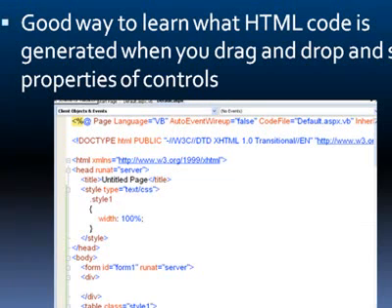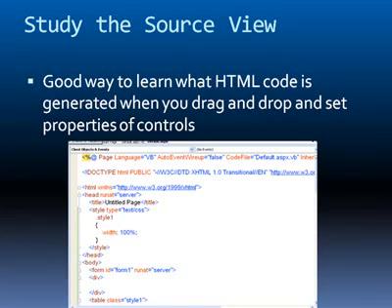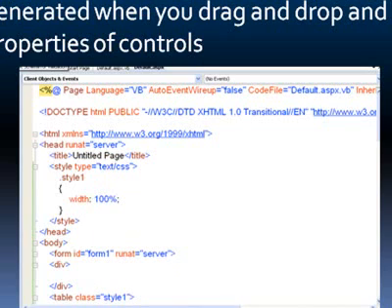As we said earlier, just by studying the source view, it's a good way for you to learn about HTML and cascading style sheets and active server pages. So there's a lot there. In this example, you notice the thing at the top is a page directive. The second line, the doctype, identifies the standard that we're following for our HTML, XHTML, and then we have the HTML tag